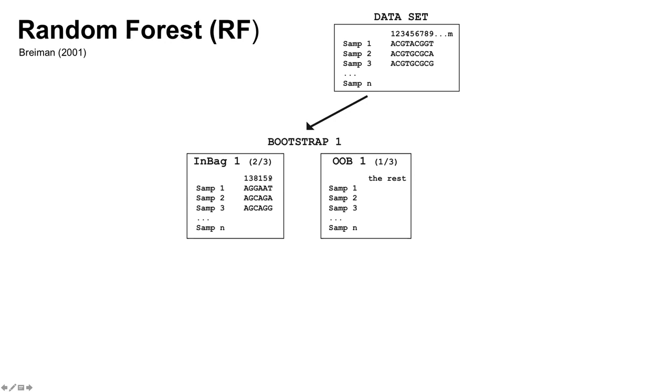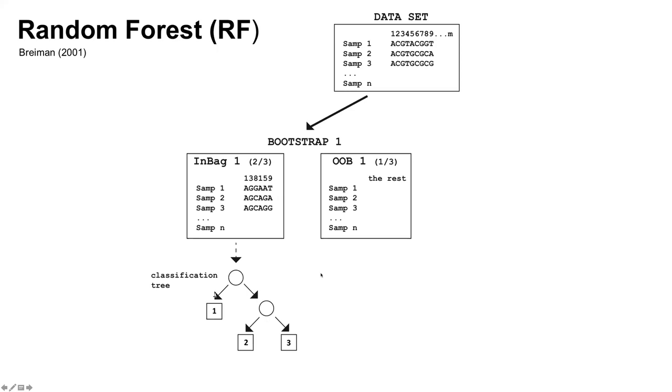And so what it does is it first builds a decision tree, or a classification tree, based on the in-bag data. This is essentially a bifurcating tree that splits all of these samples into individual units, or individual branches on this decision tree. So for example, this first bifurcation is between 1 and 2 and 3. Here we would use this position, A versus G, and it splits the 2. Here, splitting 2 and 3, we might use this last position, A and G. So we have our classification tree.